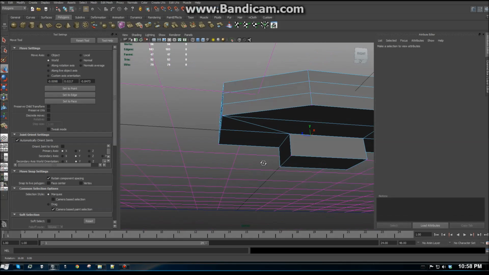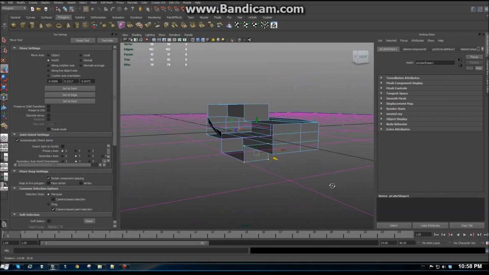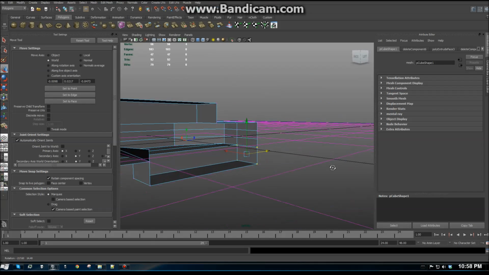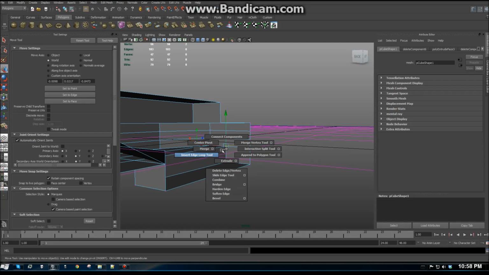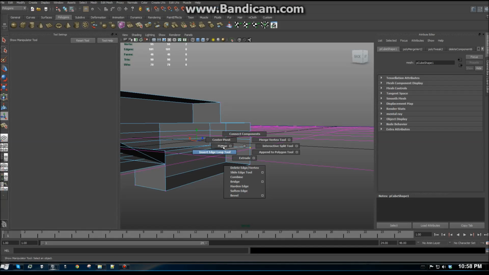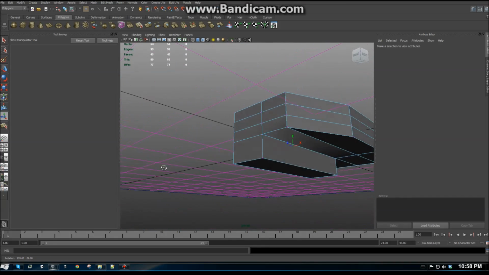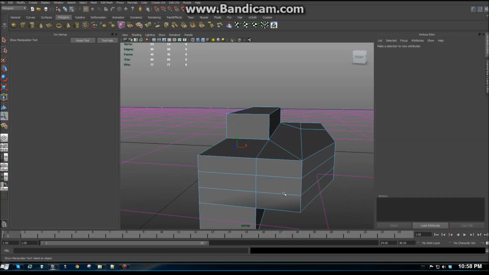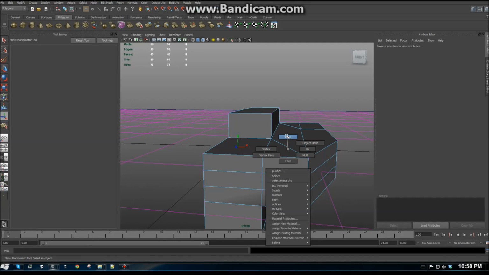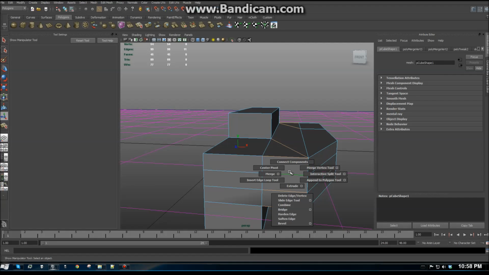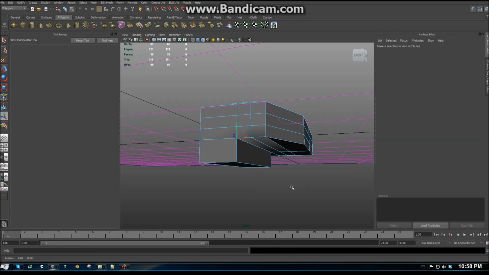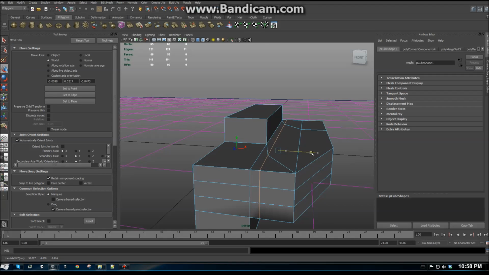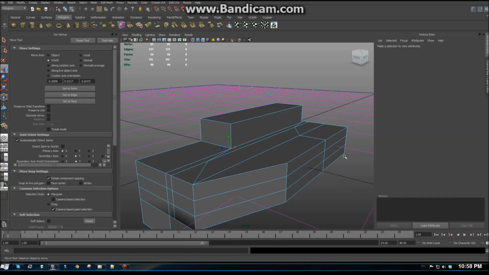And I want these vertices forward, so I'm going to grab these vertices, bring them forward, merge those verts. Okay, so